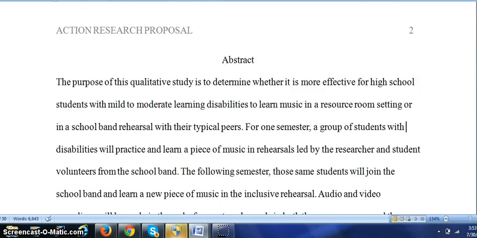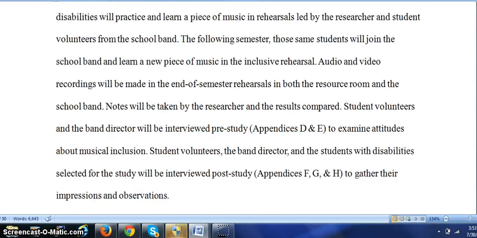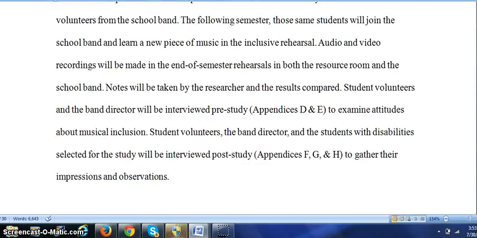I know some of you have submitted some work on things that you're already starting to do in your own school and classroom. In that case, you may have some results. But I feel like most of you will only be able to give an idea in this proposal of what you think may happen. And that's perfectly fine. And this would be the section in the abstract where you would include what you expect to happen, or if you're able to complete it, what did happen, just some basics of your results.